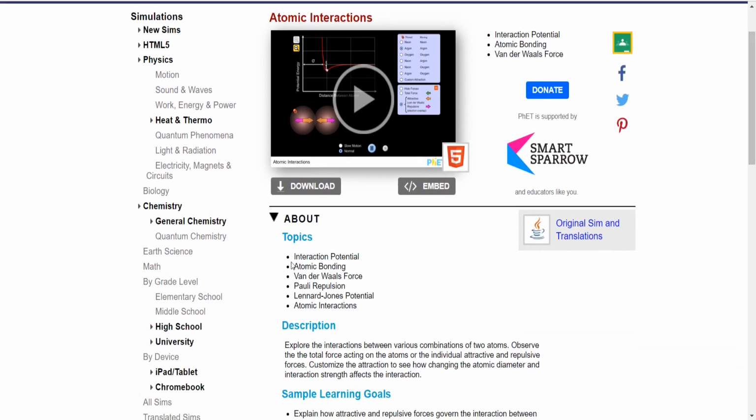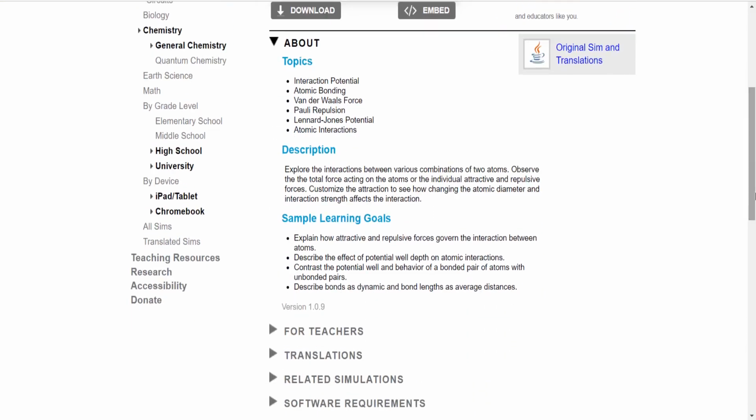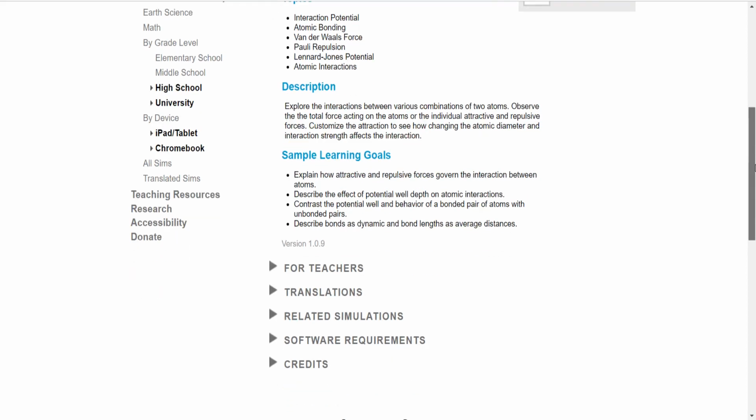Okay, and what you can do with this simulation is it is about interaction potential, atomic bonding, van der Waals forces, Pauli's repulsion, like this. And it has also described what you will find here, like explore the interaction between various combinations of two atoms, observe the total force acting on the atoms or individual attractive and repulsive forces, customize the attraction, and so on. So in this way, sample learning goals, what are your goals while playing with these simulations,